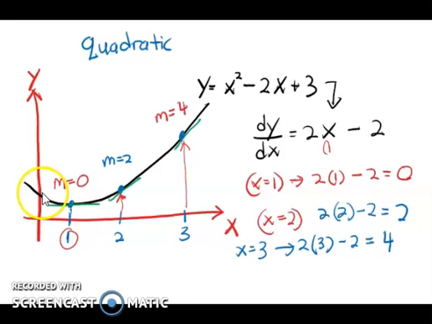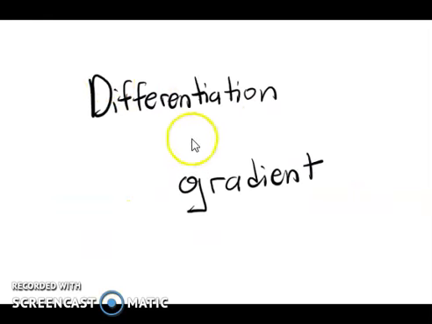So you can see the gradient is changing from point to point. Okay, this is why we will be using dy over dx, the differentiation. So in conclusion, differentiation is actually to find the gradient. Okay, so I hope you can understand the fundamentals of differentiation,